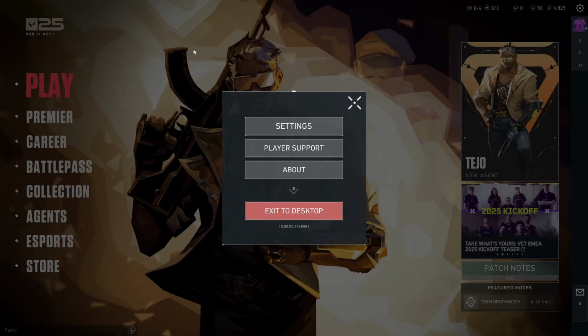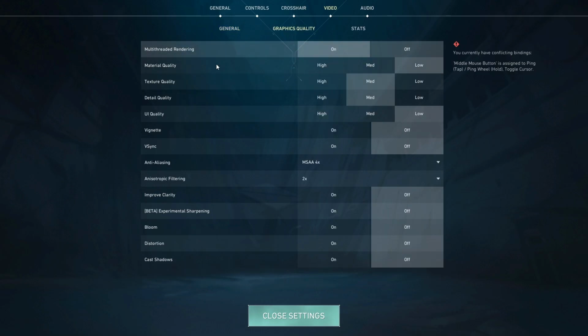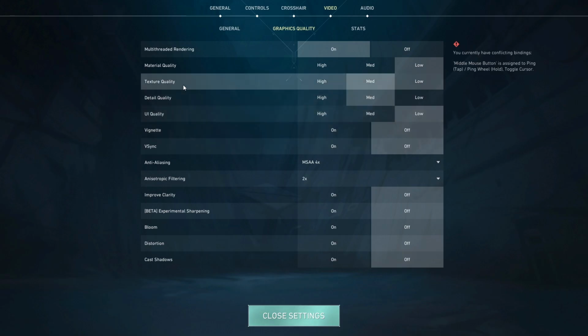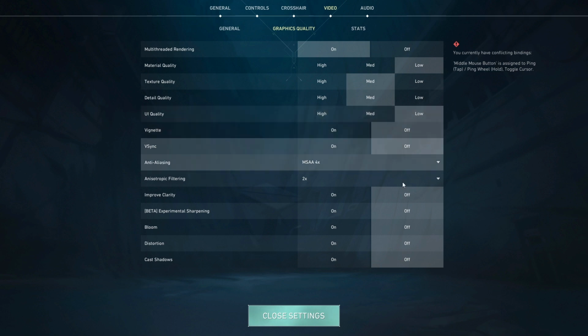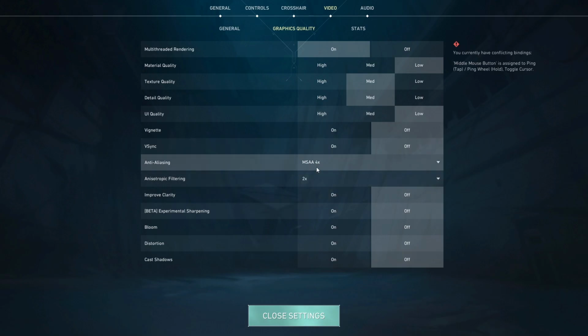And in game settings, just press escape, go to settings, then go to video, and then go to graphics quality first. Make sure multi-threaded rendering is on, material quality low, texture detail, and UI quality: texture and detail quality medium, UI low, and these settings are off as well. Just pause the video and copy these settings for you. And after you apply the settings, and if your FPS is not boosted or you're getting FPS drops, what I